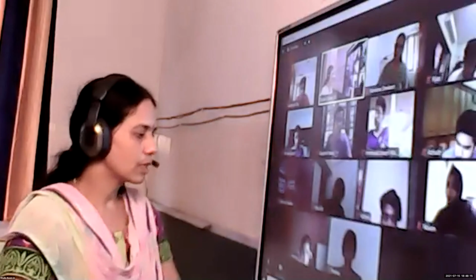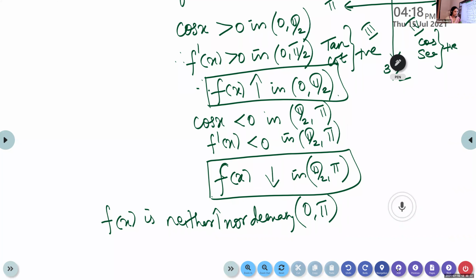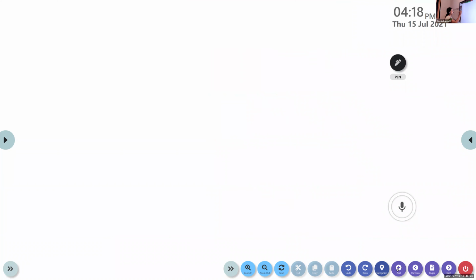Okay. So now look at this question. We have 4 parts given there, 4 subdivisions. Let us take the first subdivision. First one, A, f of x is cos x. So what is f dash of x? Minus sin x.